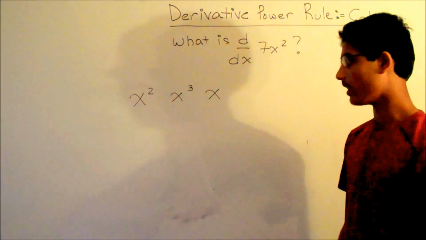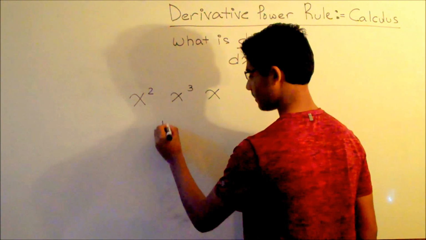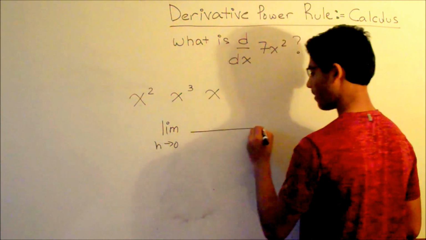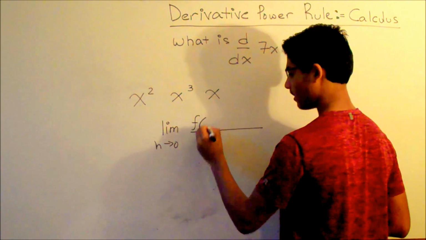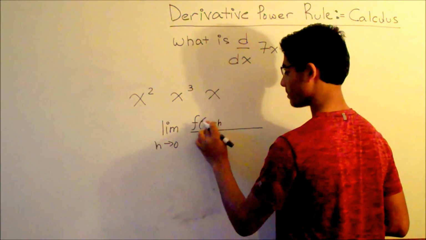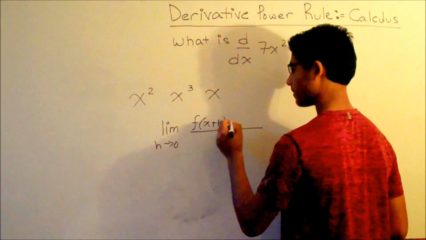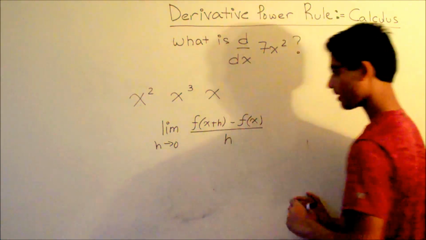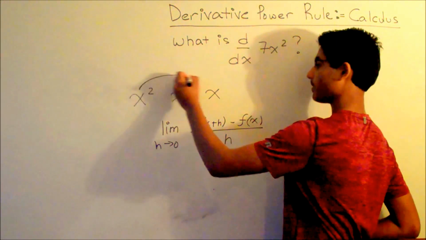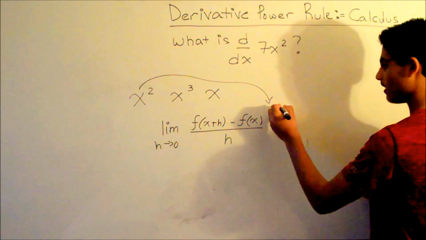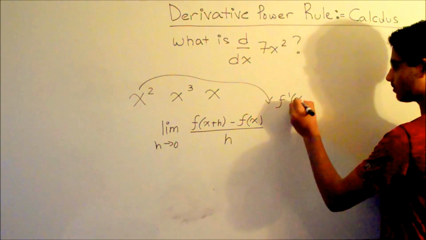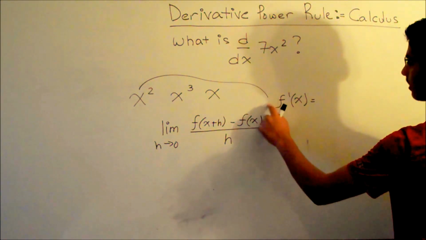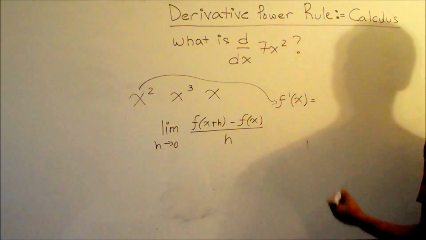So let's start with x squared. We have the limit as h approaches 0 of f of a plus h, or f of x plus h, minus f of x over h. So when we use x squared as the function, then we get f prime of x is equal to the limit